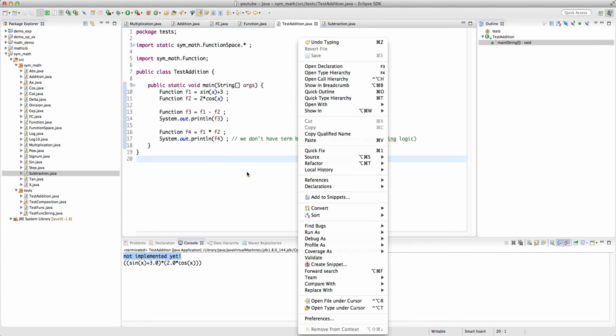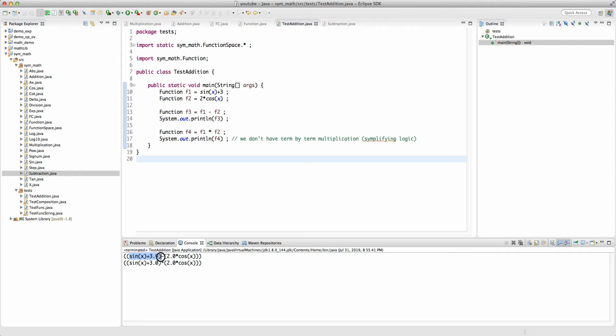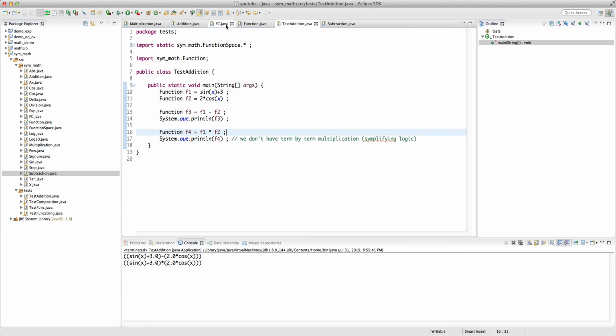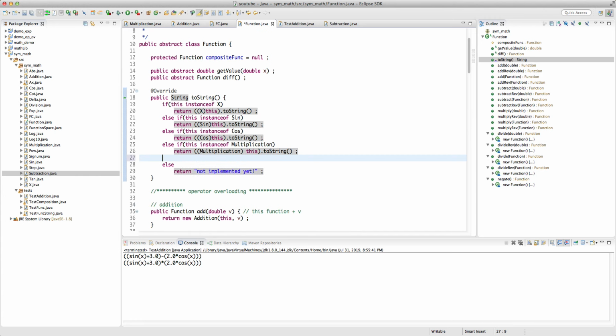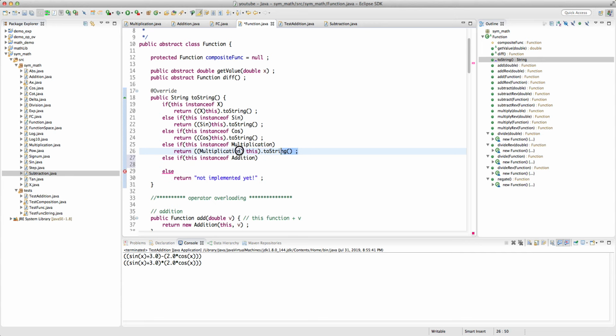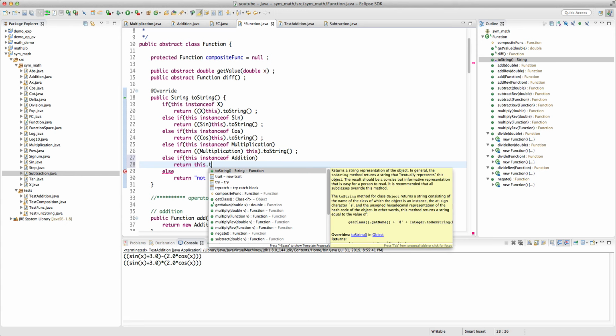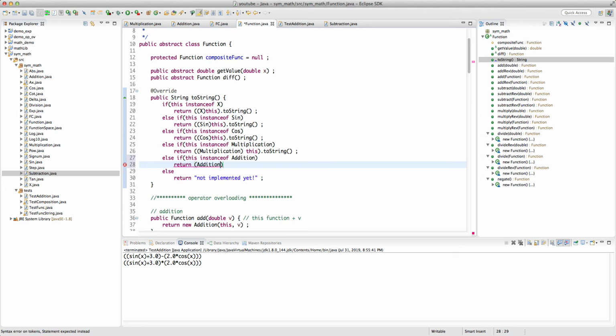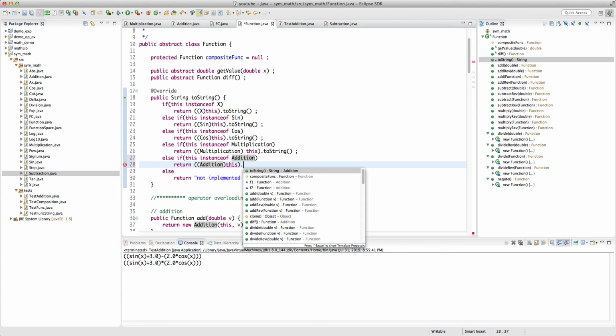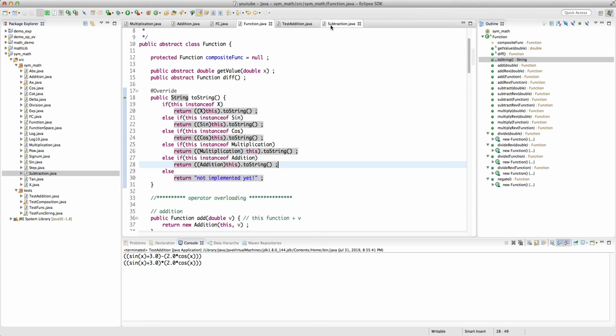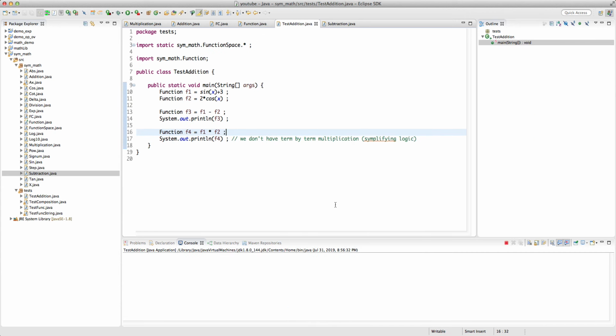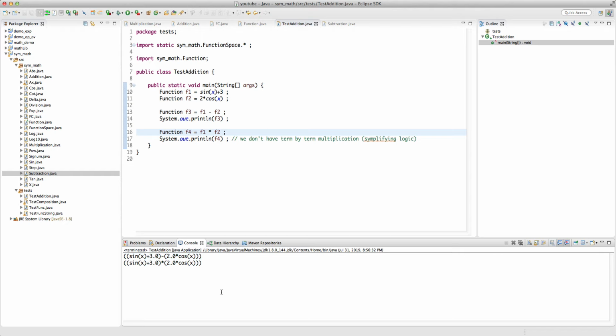So if we go here, okay, sine plus 3 minus 2 cosine works fine, and we have to go here too and then do the else if this instance of addition, then we do a return this, basically we do a typecast addition this, and then we do a typecast first and then do the toString. Works and